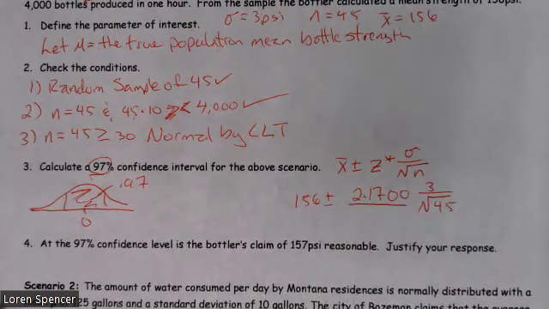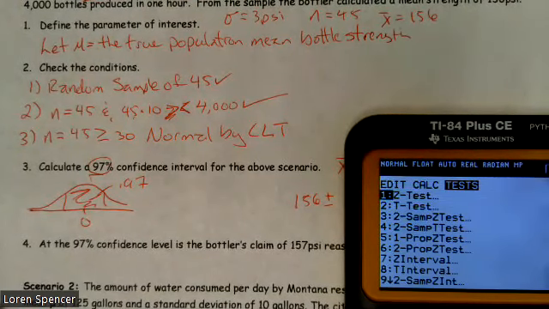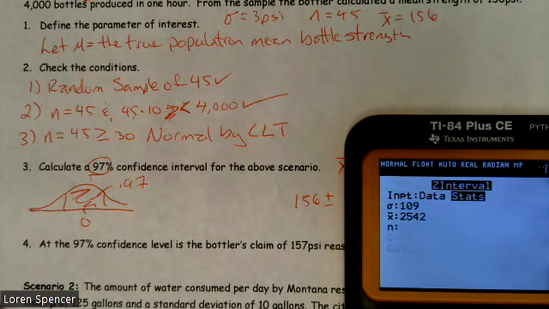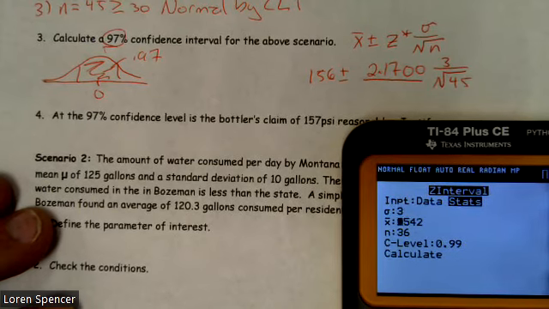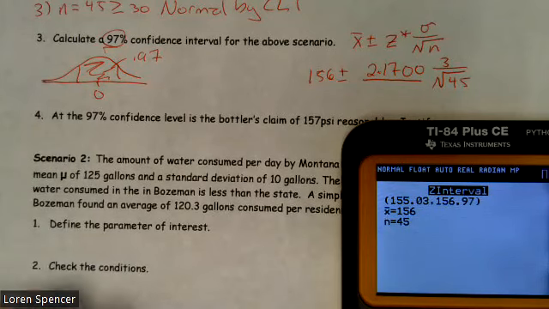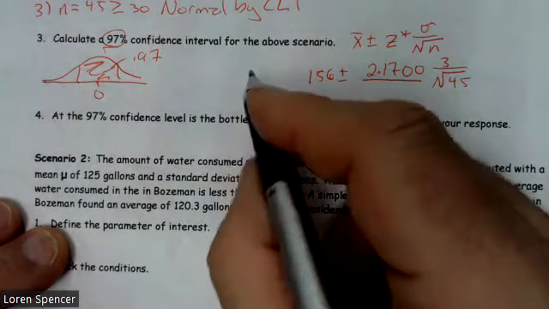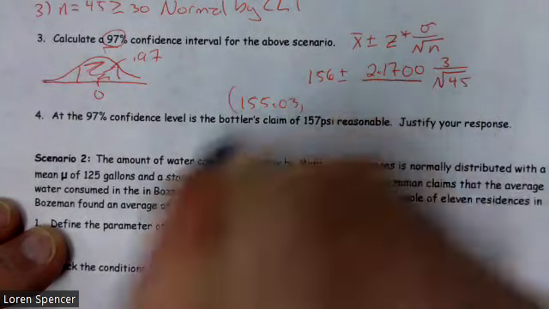All right, so now we have everything, and we can go ahead and calculate our interval. And to do that, we're going to go stat, test, number 7, z interval. And our standard deviation happens to be 3. Our x bar is 156. Our sample size was 45. And we wanted a 97% interval. And we end up getting 155.03 to 156.97. So that's our interval, 155.03 to